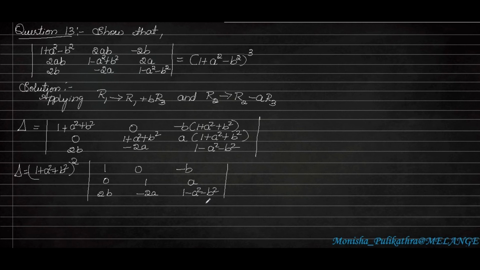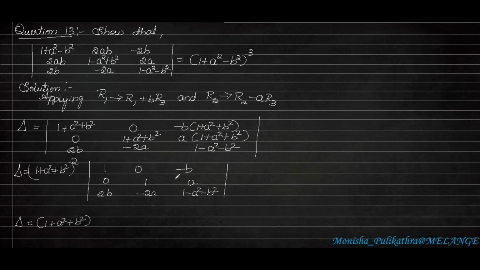So after this we can take the determinant part of it. So delta is equal to (1 plus A square plus B square) square. So now we have to find out where the maximum number of zeros are there. So the maximum number of zeros is not applicable anywhere. So I will be taking the first row or the third row. Okay. So we can take the first row or the first column or the third column, anything we can take.